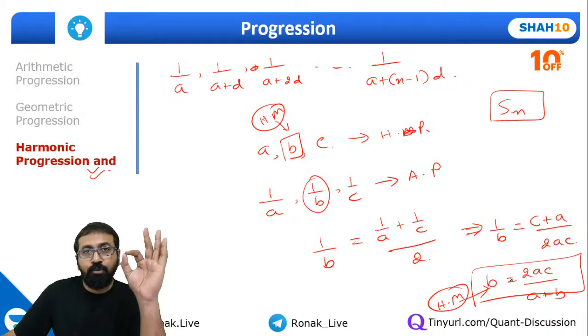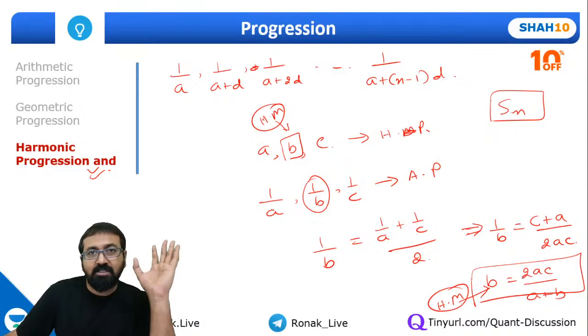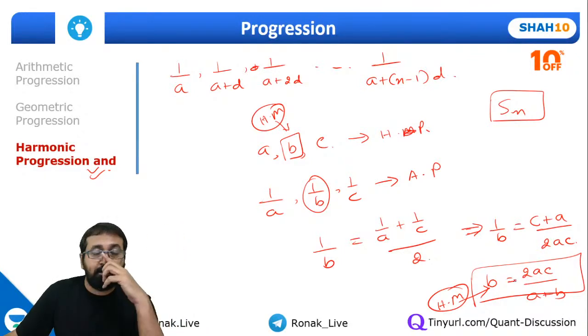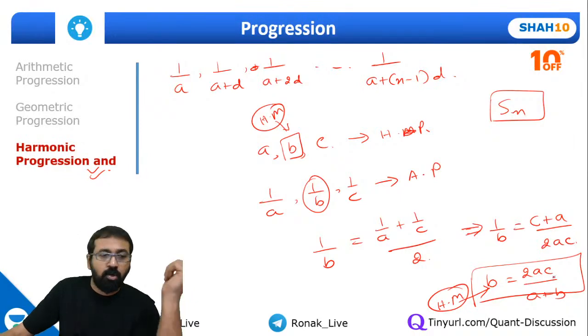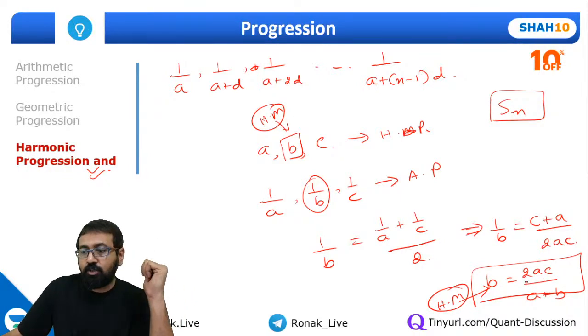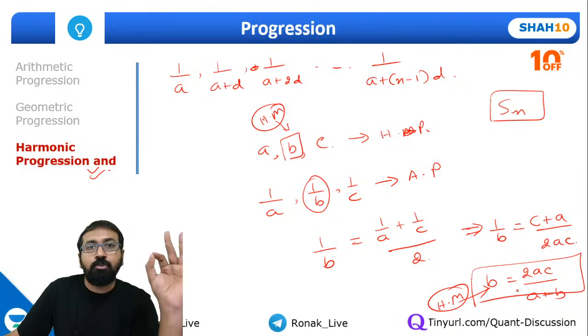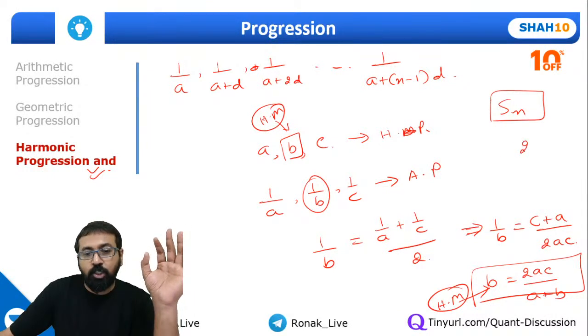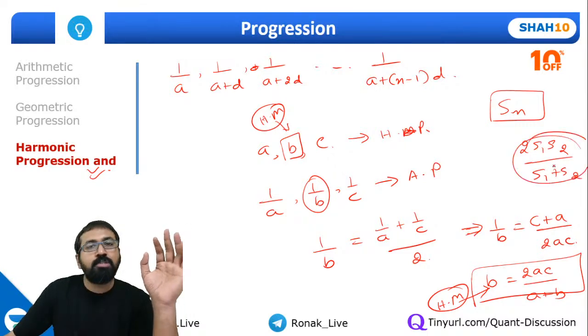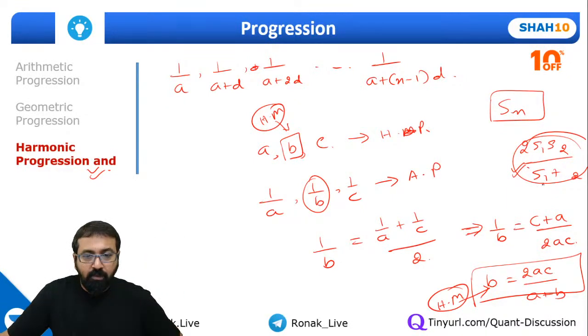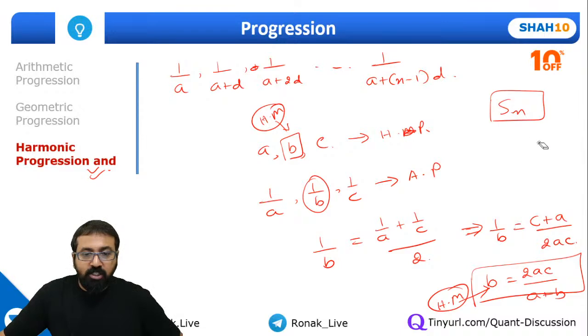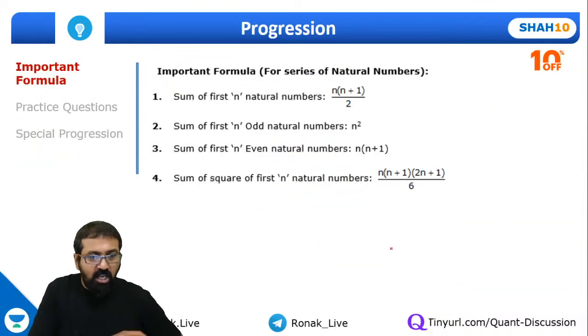In fact, if you have attended the times per distance session, then I had mentioned that point, the basics of times per distance, when we discussed. And in case you have attended the advanced session also, I've mentioned that for two different journeys, if the distances are the same, the average speed is the harmonic mean of the speeds. We are using a formula like this one, 2 s1 s2 upon s1 plus s2. So this is nothing but a harmonic mean. Remember this point. Fine, guys. So we have understood what is arithmetic progression, what is geometric progression, and what is harmonic progression.